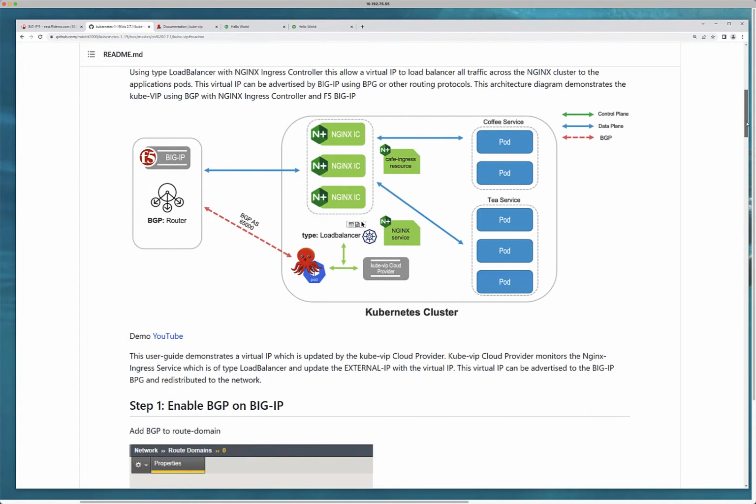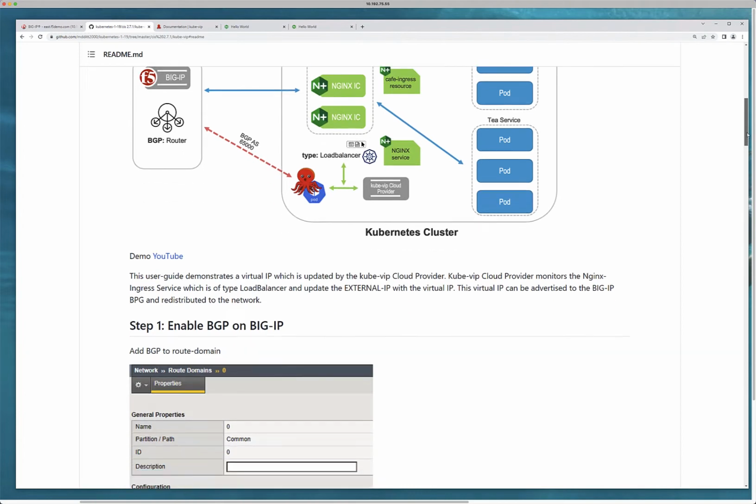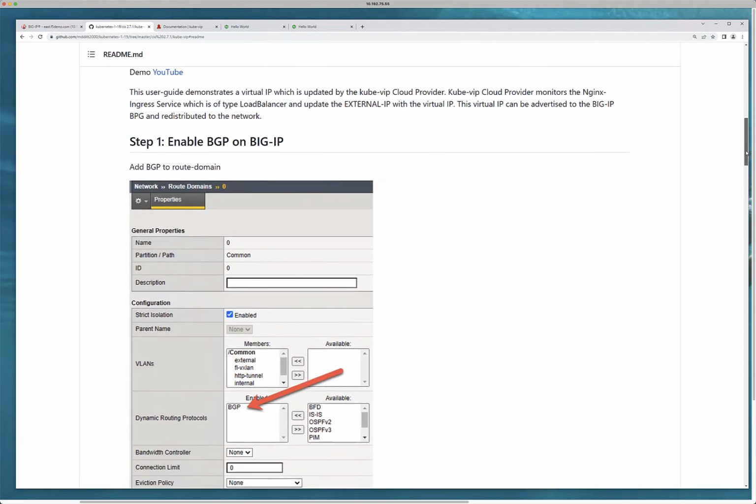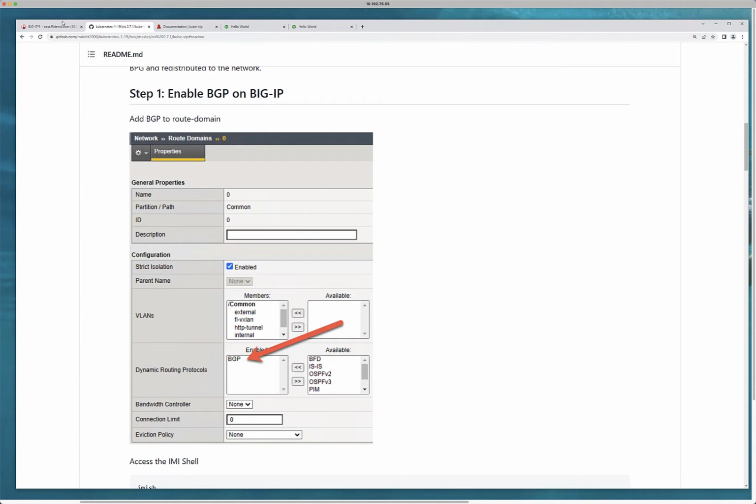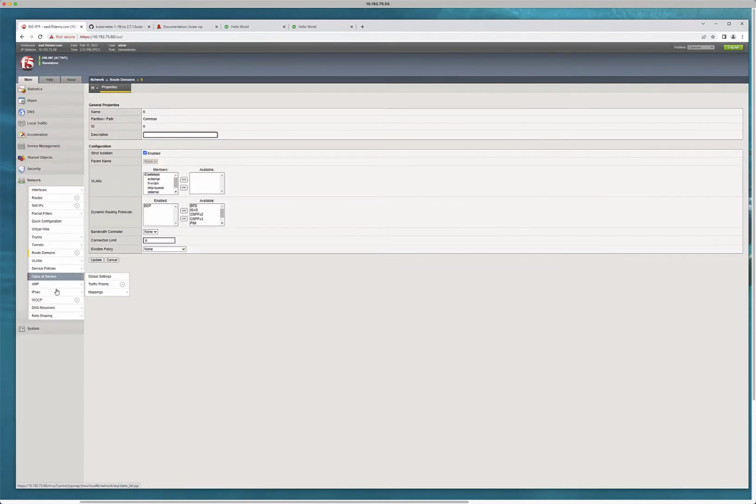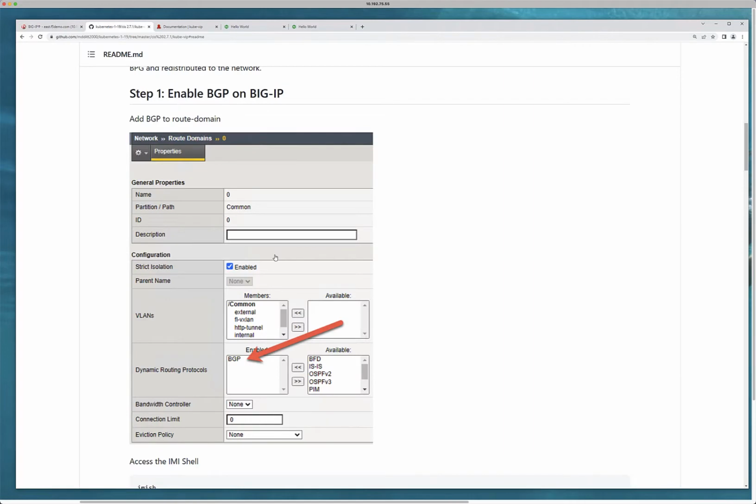So we want to show you how to enable BGP. So pretty simple. Go onto your Big IP and then go down to network, route domains. Go into your route domain 0, or whatever route domain you want to expose, and just add BGP right here. That's the one thing that you have to do. And then, of course, the second thing that you would have to do is to configure BGP